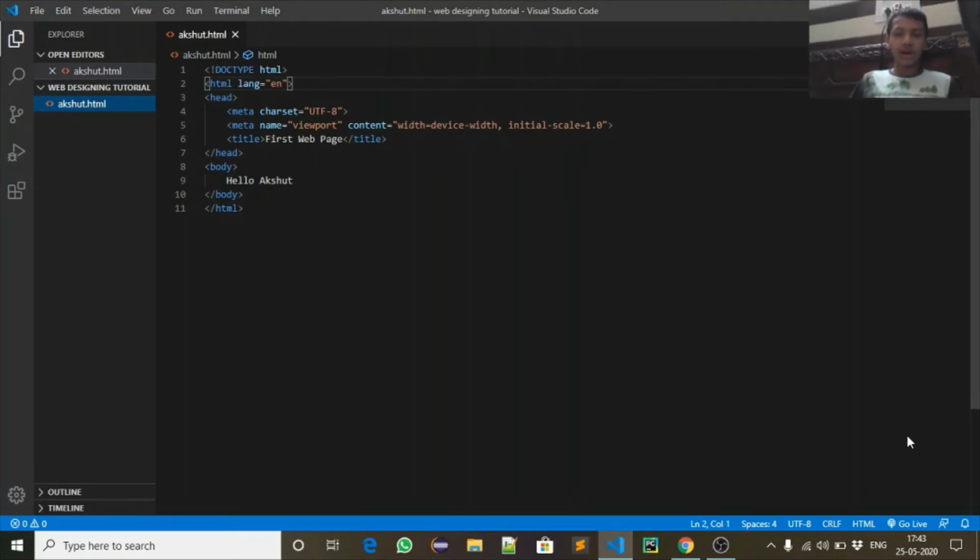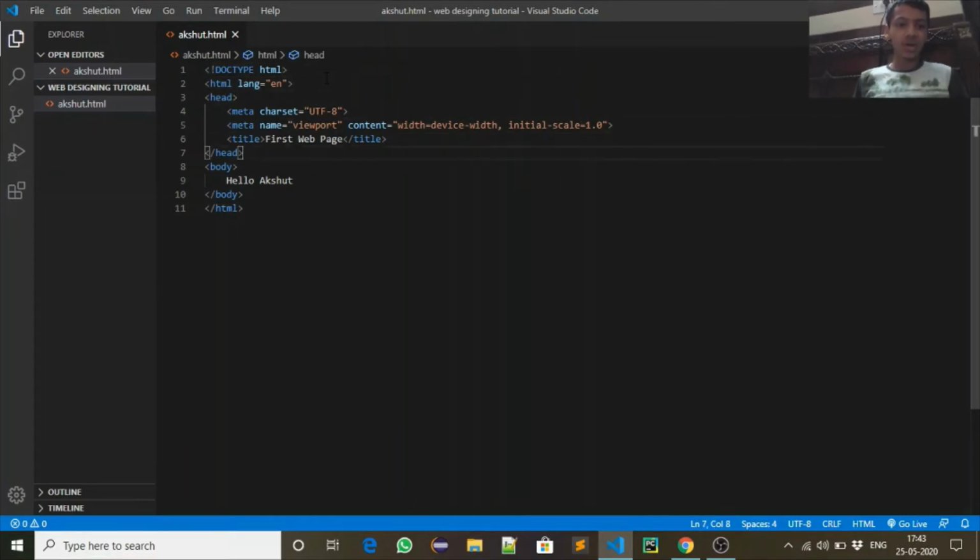So now I am on the VS Code and my code is here. I already explained the code to you. So now I will tell you some tags that you can use. Let me tell you a shortcut also. When you go at the end of the line and press Ctrl and slash, it becomes a comment. So you must be wondering what is a comment.